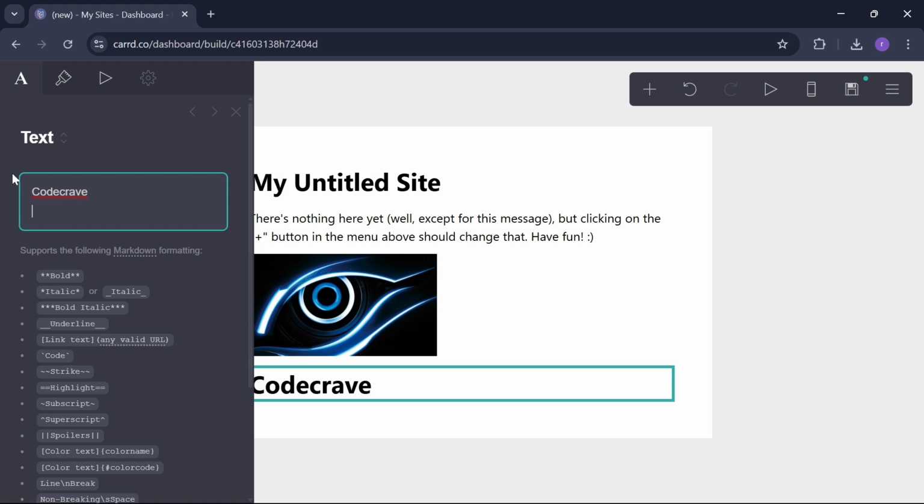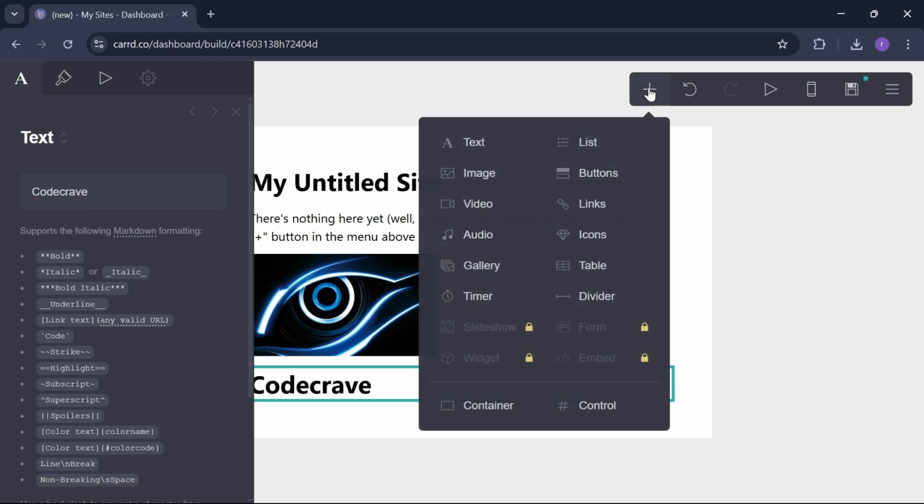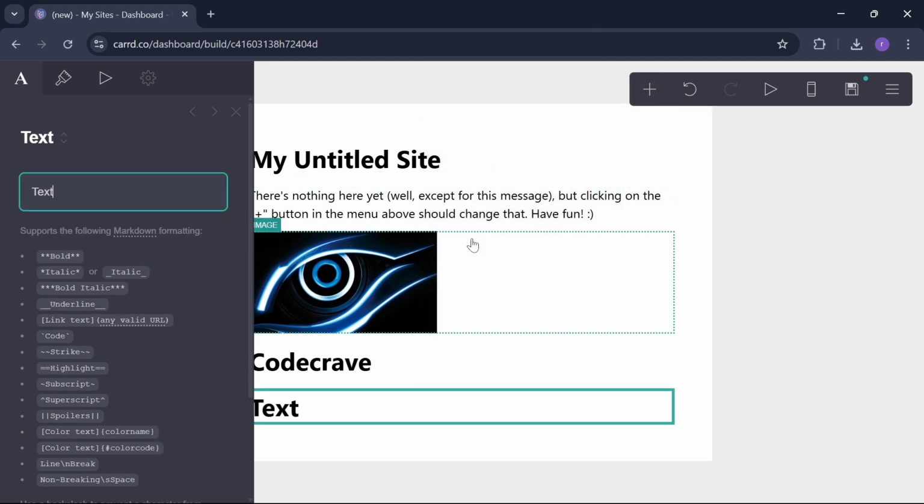And after that, now again click on the plus icon and text. This time make it a subheading or tagline like web developer, digital marketer. So let's write web developer. It's a subheading,